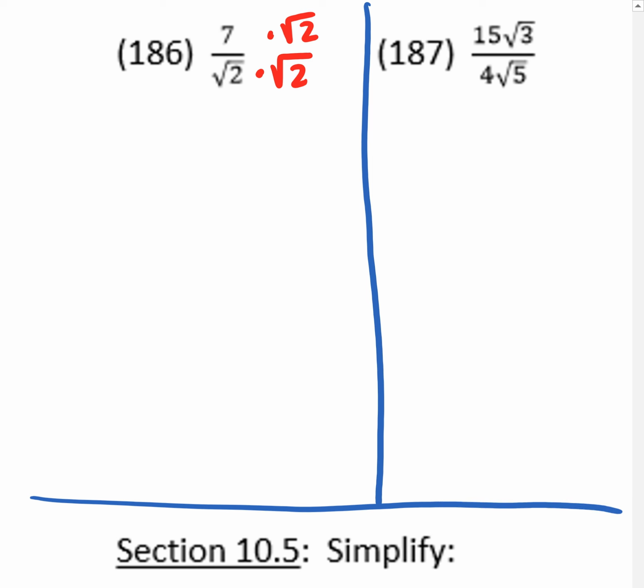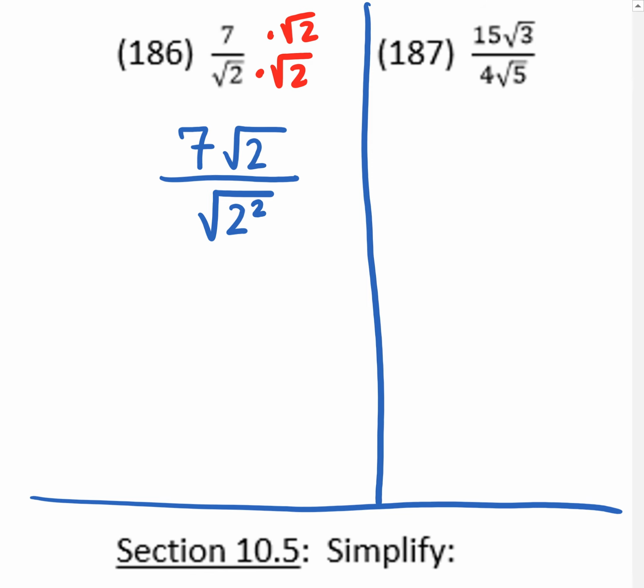So you multiply numerator and denominator by that root. The numerator had a 7. It was not in the root. This 2 is in the root. They can't really interact. They just kind of sit next to each other. But in the denominator, it's a root times a root, so we can multiply them together. 2 times 2 is 4, or you could write 2 squared,